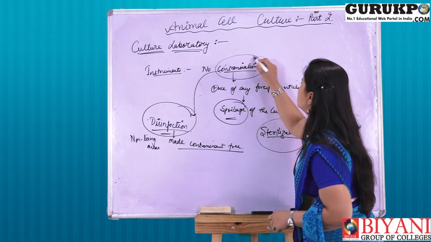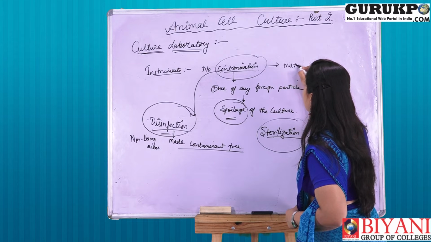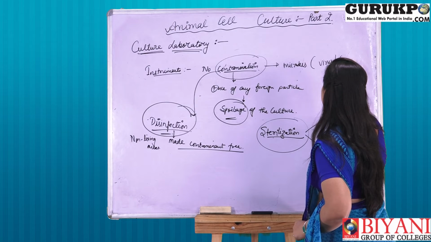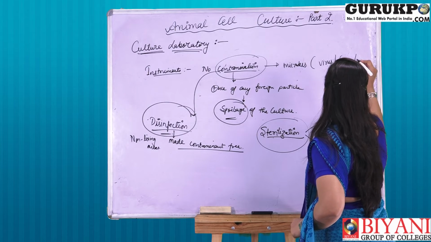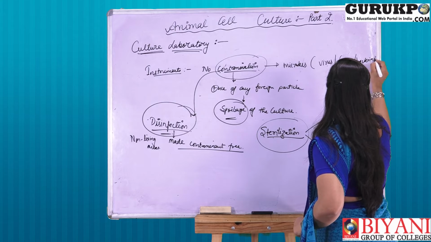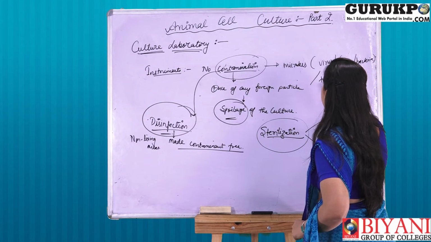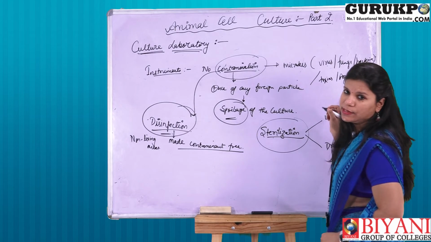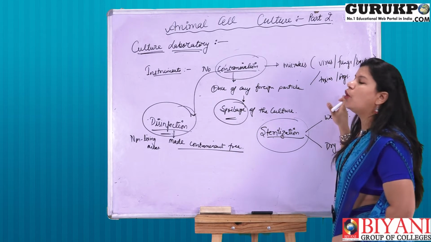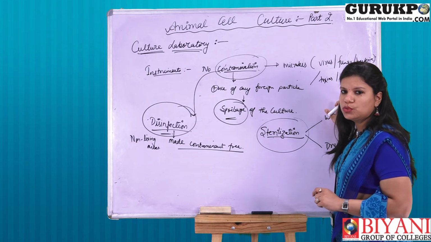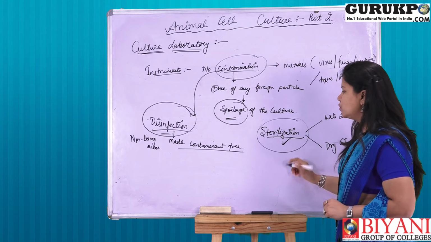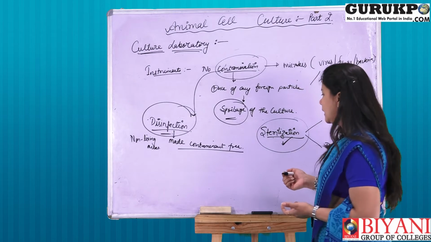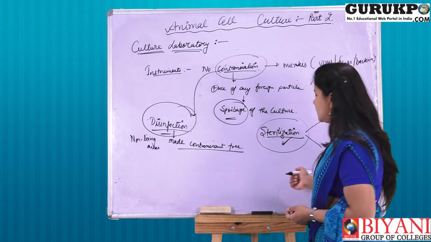Basically, the contaminants are in the form of microbes, right? Like I said already, these can be viruses, fungi or any bacteria. Besides that, there can be some types of toxins. They can be any kind of antigens, etc. Right? So in order to remove all these contaminants, we have to use what? Sterilization. Sterilization is the technique for making things or areas 100% micro free.